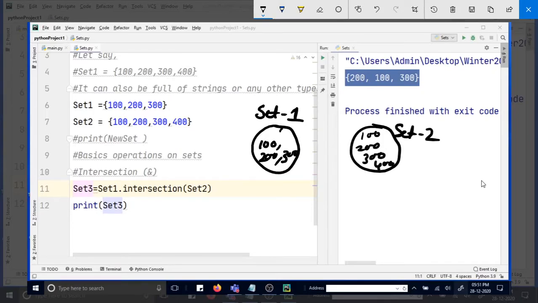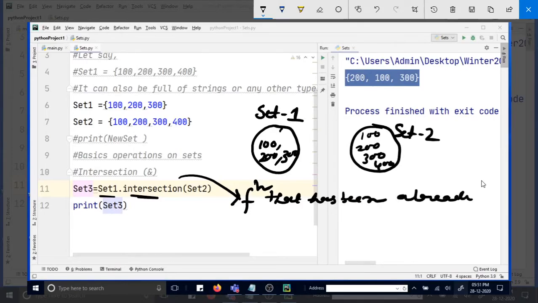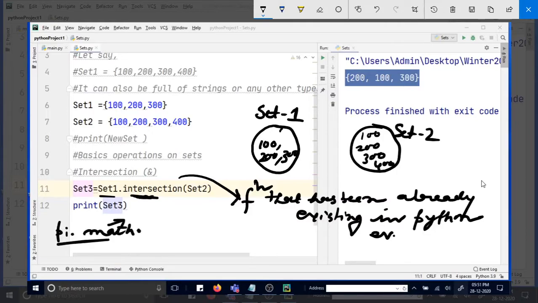So basically what we are doing, we are taking set 1 and then the intersection. Intersection is a function that has been already existing in Python environment. Yes or no? Now once you call this, by default it will take.